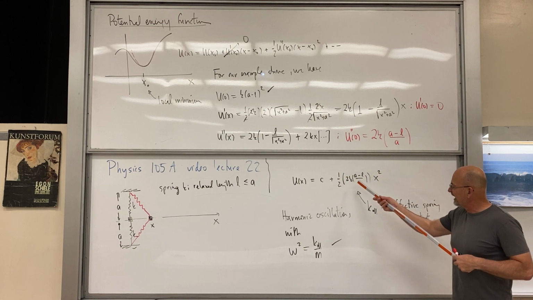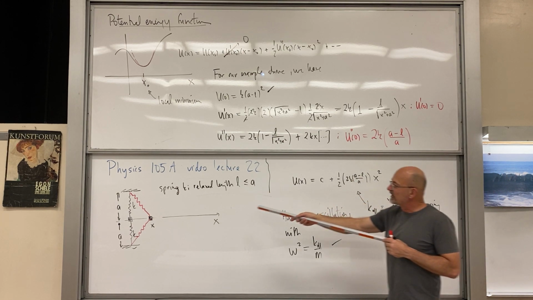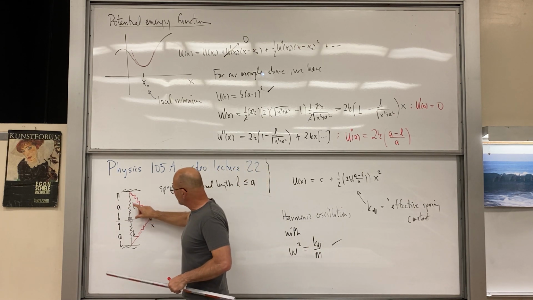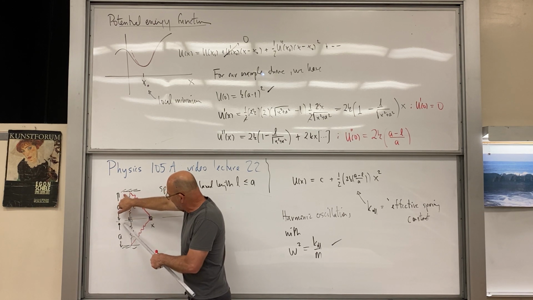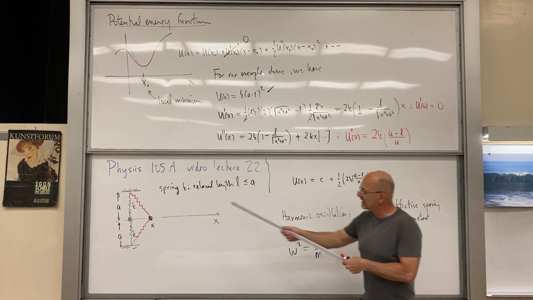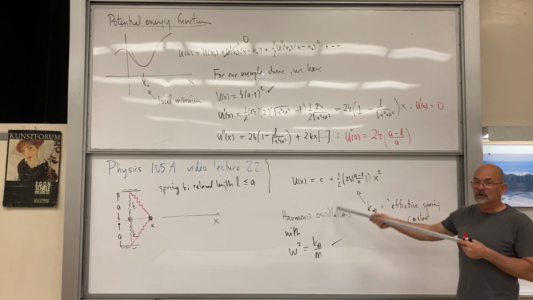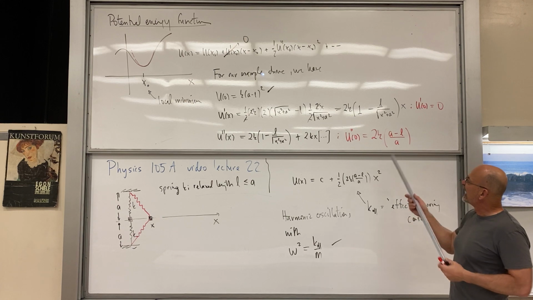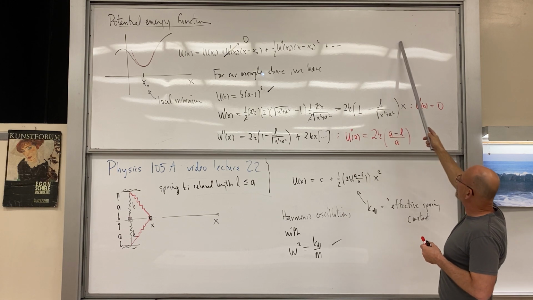But we have this really interesting case here, because if the spring happened to have the relaxed length equal to A, then everything changes. As long as the spring is shorter than this frame length A here, you have to stretch it to install this system, and then you get this second derivative. But if A equals L, the second derivative vanishes, and you no longer have harmonic oscillations. You would actually have to go past the third derivative to the fourth derivative,